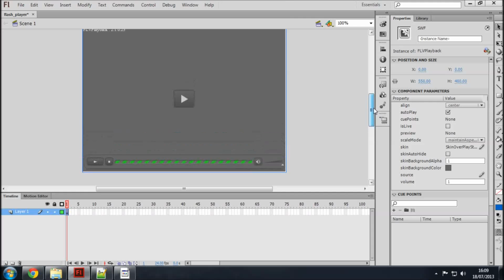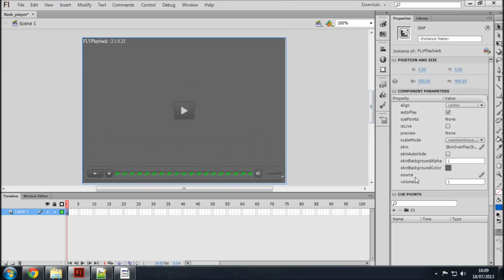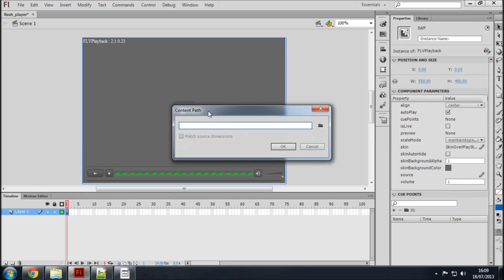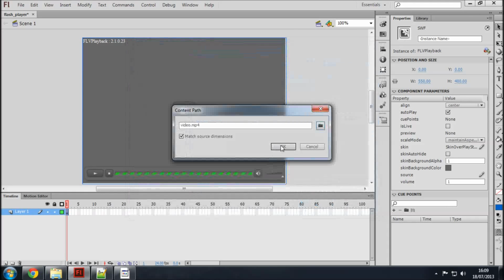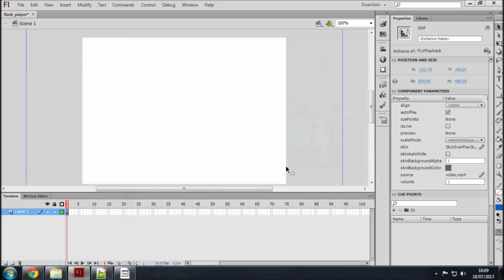Now, I'm going to need to select a source, and the source refers to the video that we're going to use. So again, if I click on this pencil here, we've got a content path box that appears. If I click on the folder, we're already in the right directory. So we've got two videos here. Now this is the AVI one, the video that we already used. We don't want that. We want to use this MP4 video here. And if I open that and press OK,